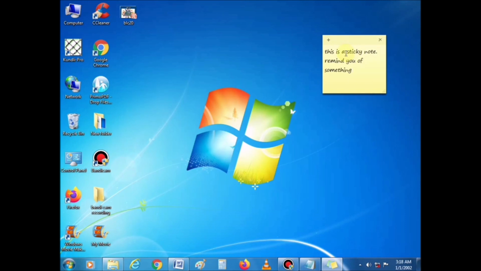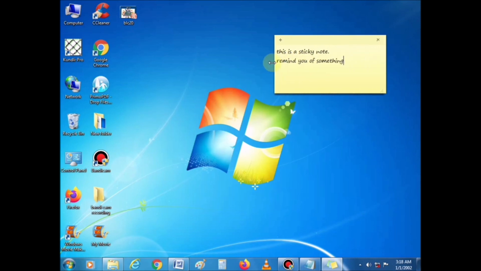Once a sticky note has been added, you can add more by clicking the new note button on the top left corner. Alternatively, you can press Ctrl plus N to add more sticky notes. You can also resize a sticky note.